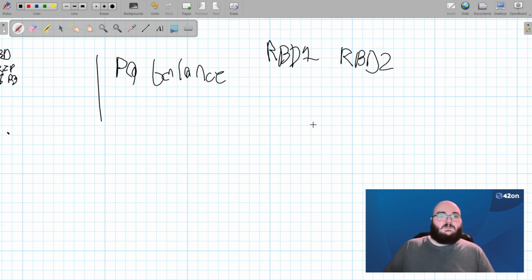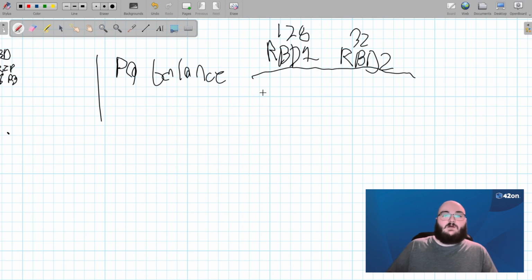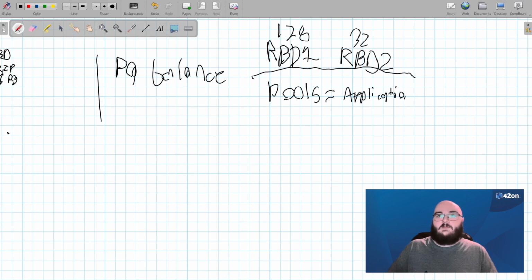And that becomes really challenging really quickly because you have a finite number of PGs and you keep adding more pools. So that means each new pool you make has fewer PGs. So maybe this one only has 32 now and this one had 128 because you're out of budget. That's why keeping in mind that pools are application level, so pools equal application, is really important,